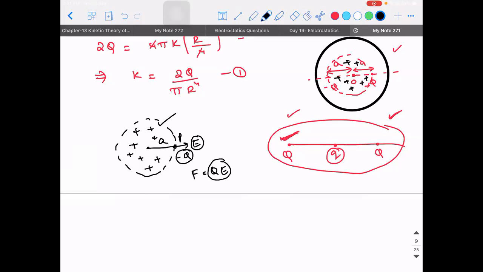Now this F is equal to QE should balance which force? It should be able to balance something else. It should be able to balance the electrostatic repulsion existing between the minus Q and minus Q. Okay. So since they told none of the charges are experiencing force, now can you tell me, again I'm trying to create a similarity. Yesterday's question, how many particle system was it?